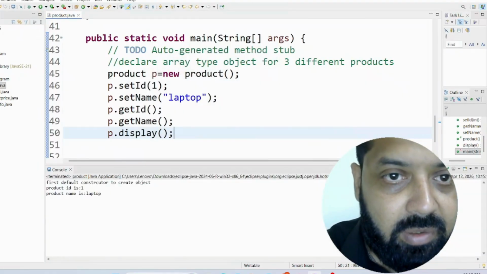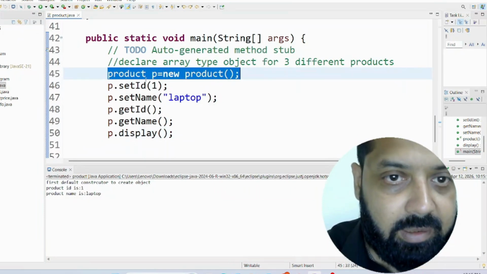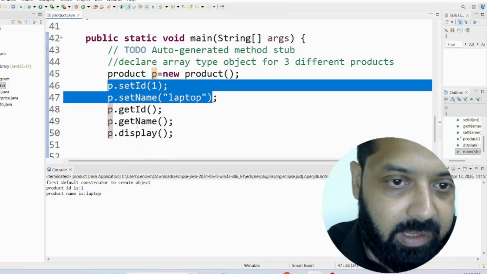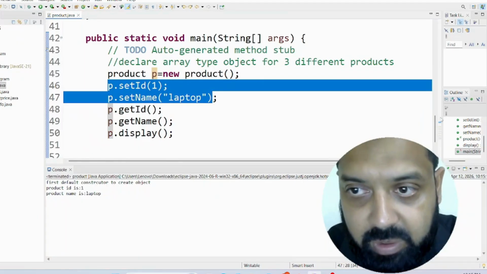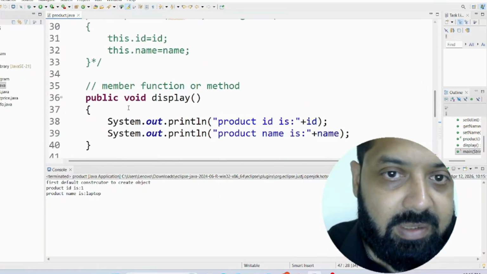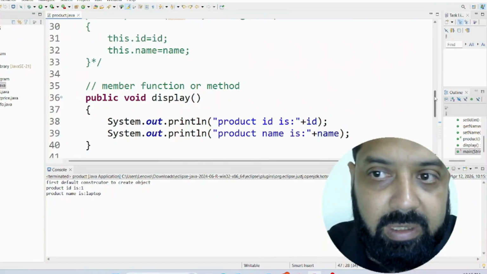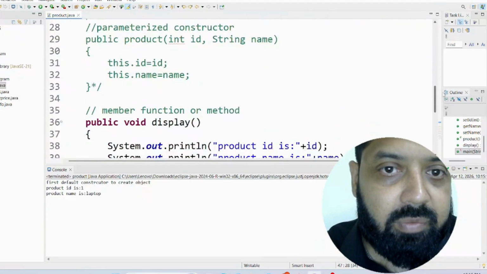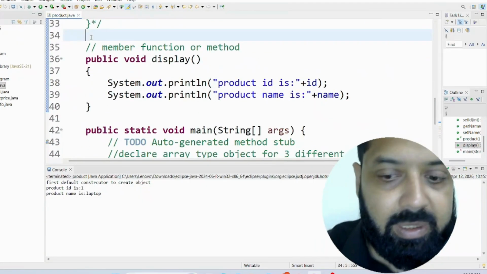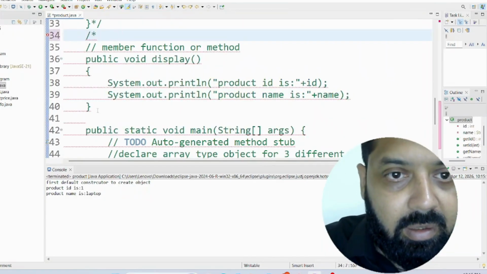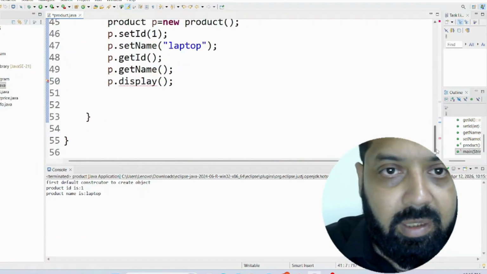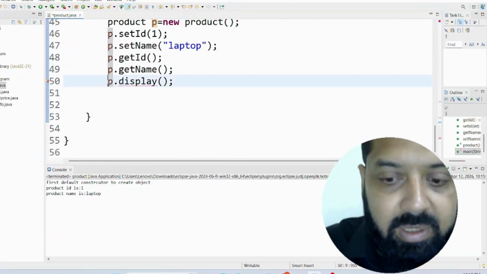First the default constructor is called, then p dot set id sets the values for id and name, and then it will return those values that are going to be displayed. One more thing is that if you don't want to use this display function in your product class and you directly want to display the value of your property, you can comment it here, and in the main method you can comment this function,